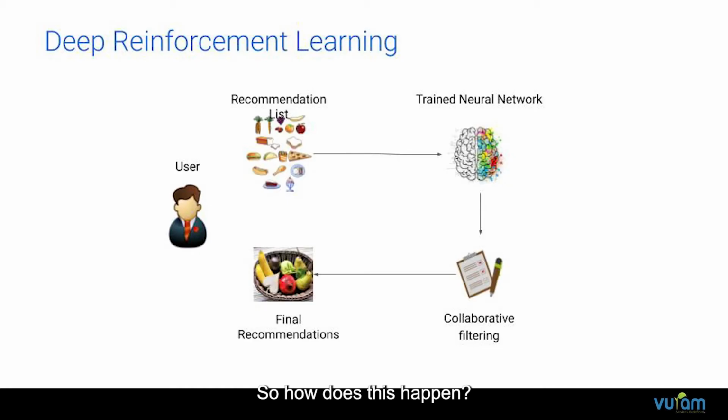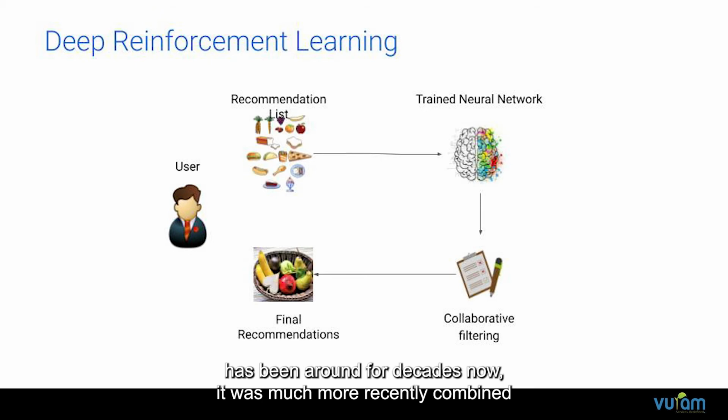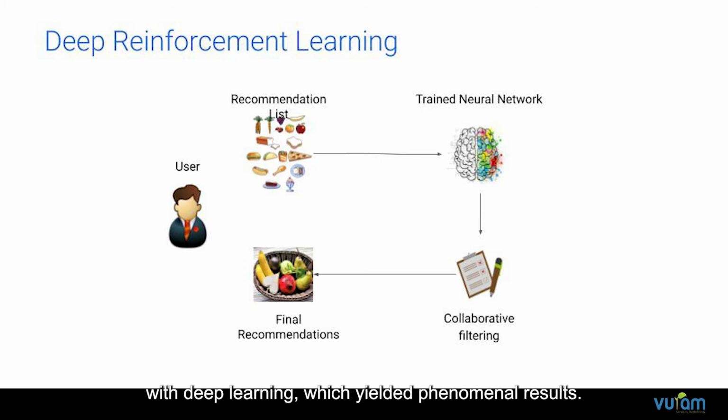So how does this happen? Through a series of trial and error, a machine keeps learning, making this technology ideal for dynamic environments that keep changing. Do you hear e-commerce here? Yes. Although reinforcement learning has been around for decades now, it was much more recently combined with deep learning, which